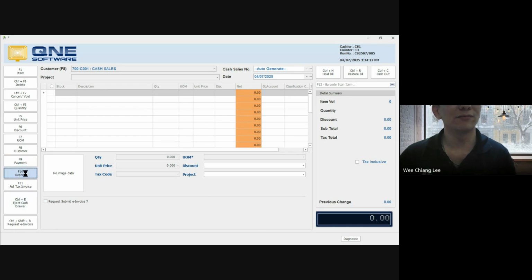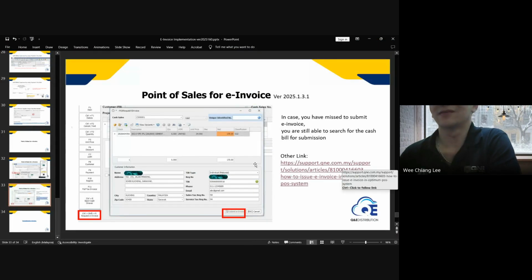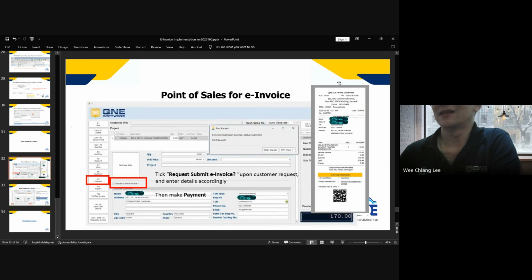Okay, let's say I want to reprint the receipt. Don't have. Okay, maybe I show you, because I didn't link to the printer, the sample of the receipt will be like this with the QR code. This is the sample of the receipt. And then what if